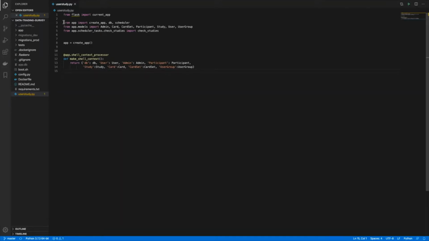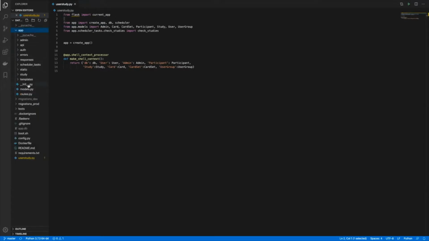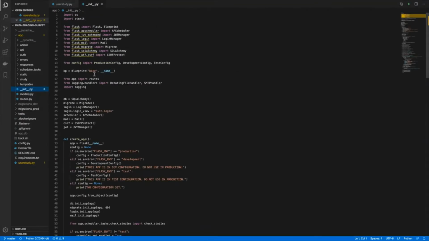So when we're importing anything from this app folder, what Python does is it runs this init file here. So first of all, we're importing all the Flask integrated packages that we're using and creating an instance of them.